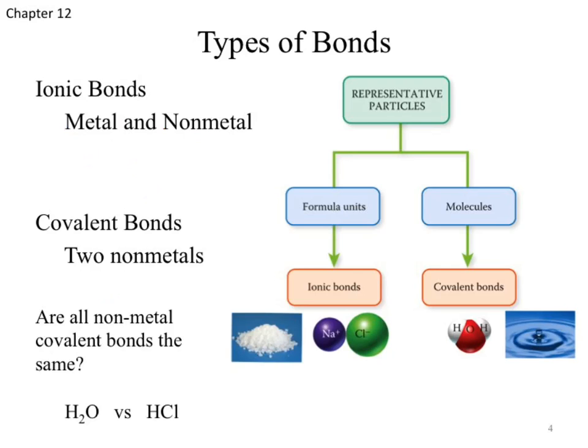Okay, there's another option. We can look at kind of the gray area in between ionic bonds and covalent bonds. Ionic bonds are ionic. What does ion mean? Charge. Okay, so when we put those two elements together, they completely swap electrons, and we get one extremely positive and one extremely negative ion in it.